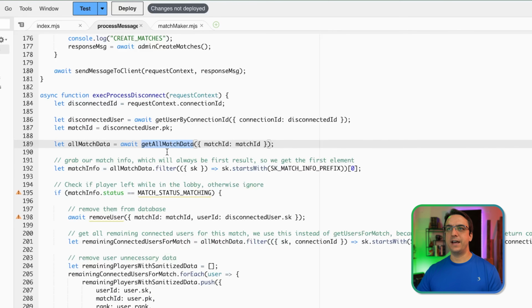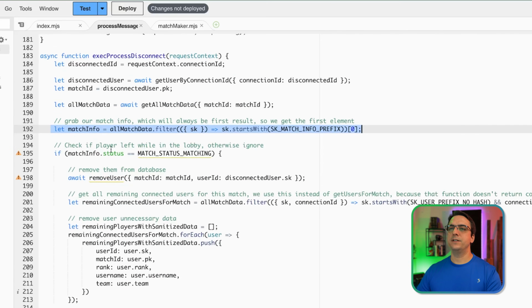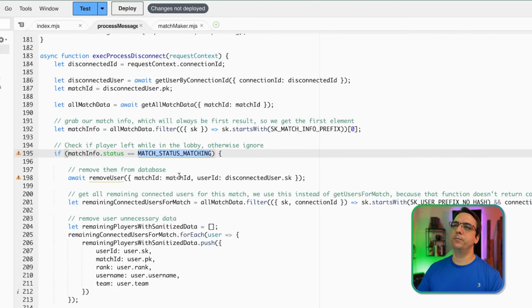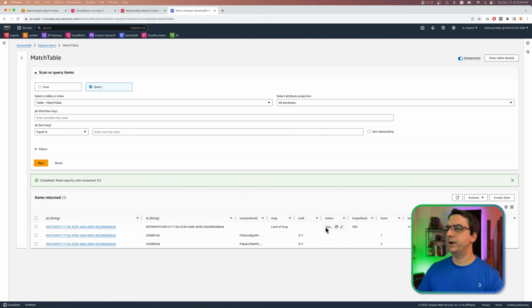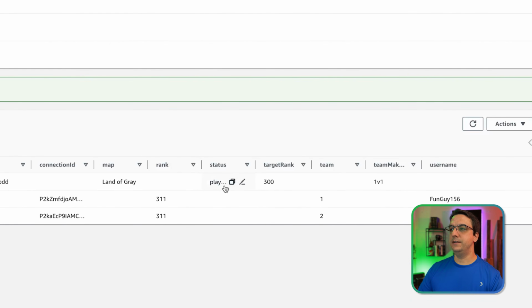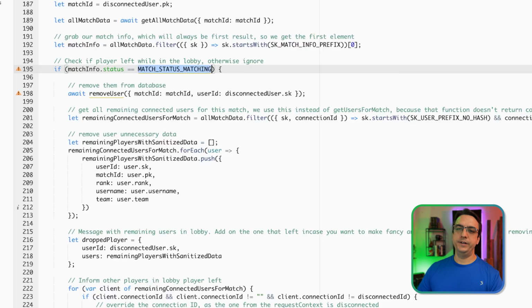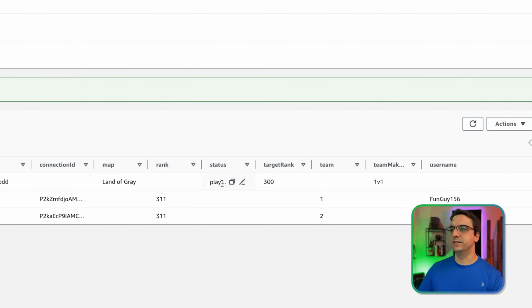Now we can reuse that get all match data function that we've been using. So now we have all the match data, and then we get the match info just like before. So if the status is still matching, okay, this is a little important. If it's still in the matching stage, right now it's playing, but if it was in matching, that's the only time we care. Because if someone disconnects and this isn't matching, that means they're probably playing the game, and